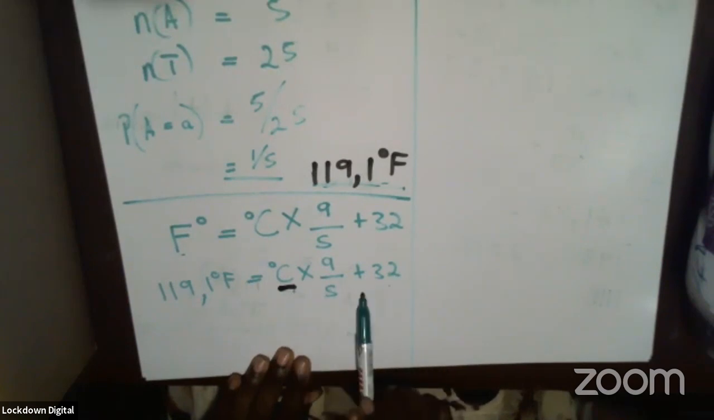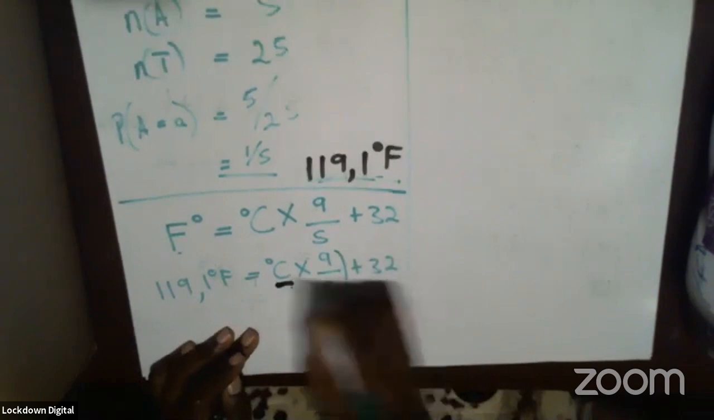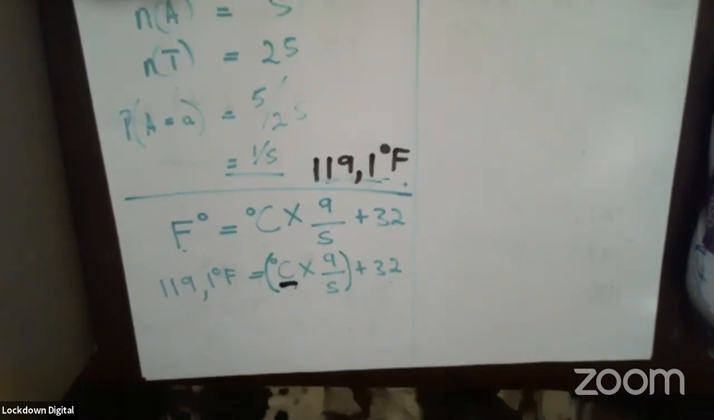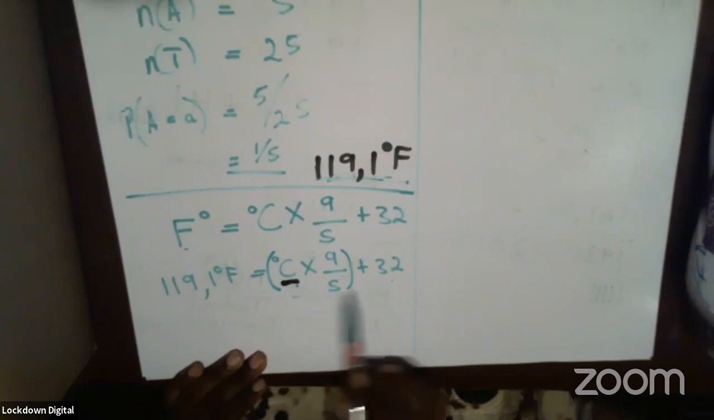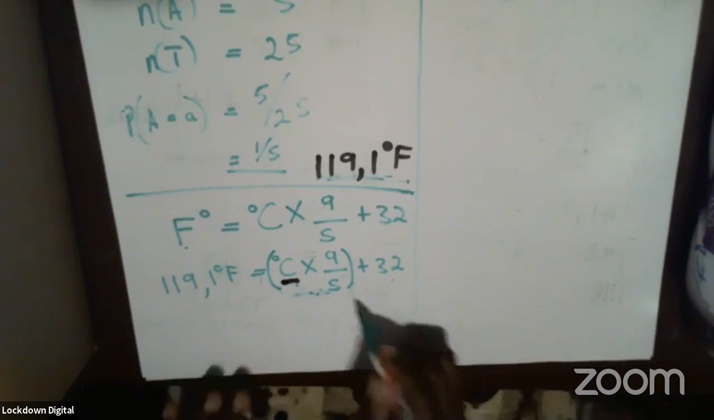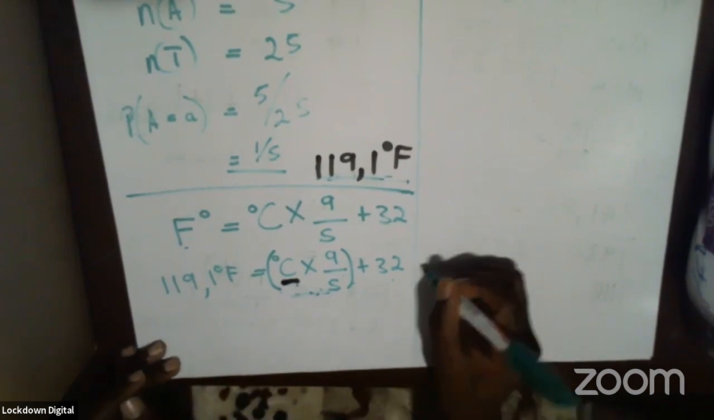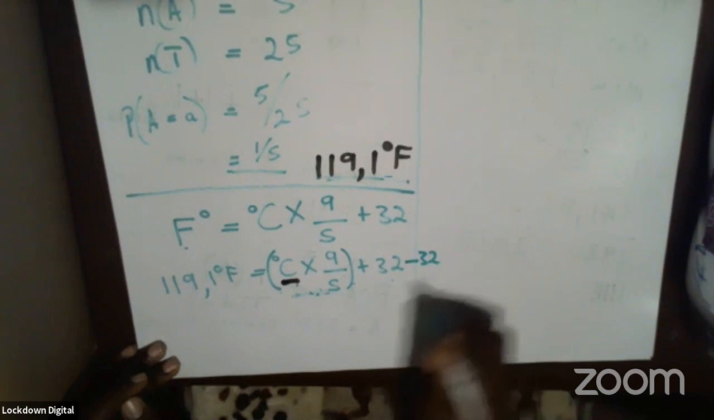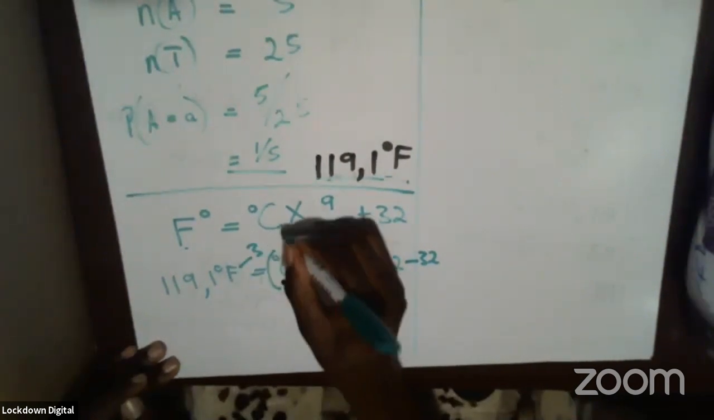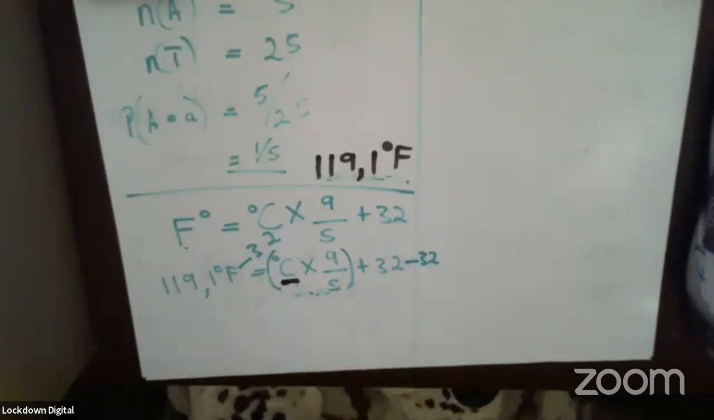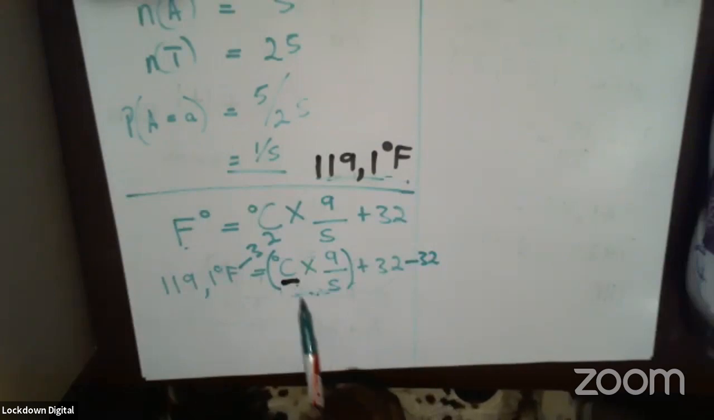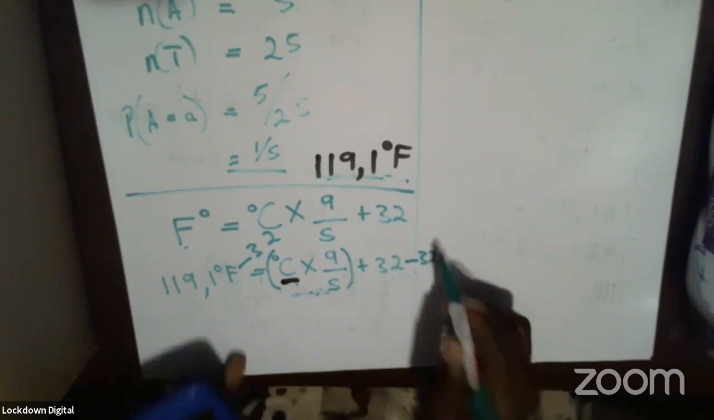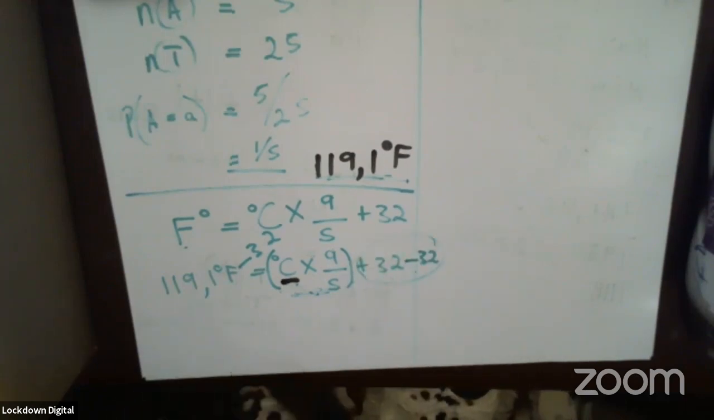We are having addition. So we have taken this to be a single thing, and we said, what is happening to these guys here? They are being added to 32. So the opposite of addition is subtraction. So I will say subtract 32 this side, then I will say subtract 32 this side. Okay? So when I say C times 9/5 plus 32 minus 32, this guy will disappear here. So what I will be left with is